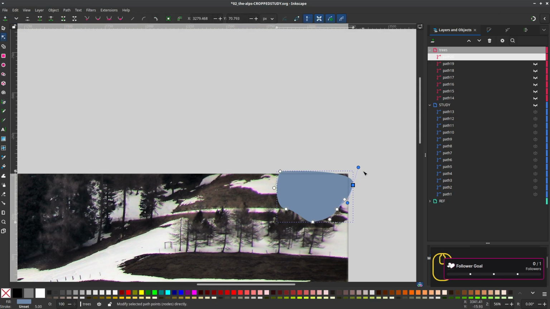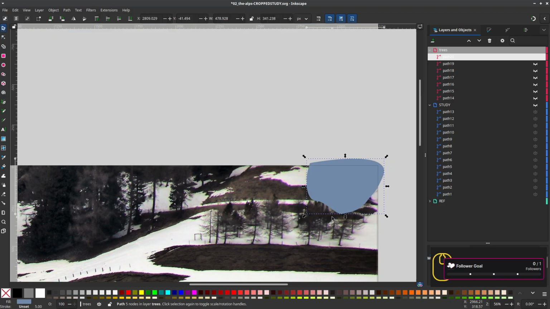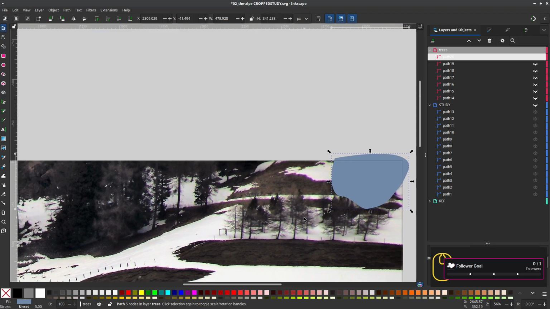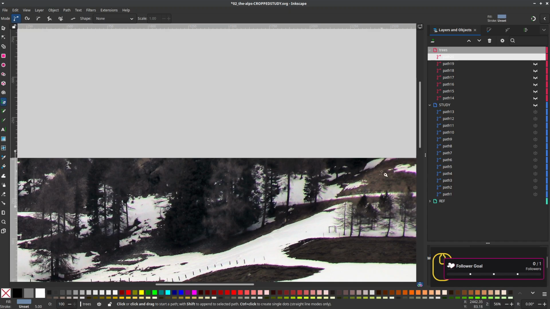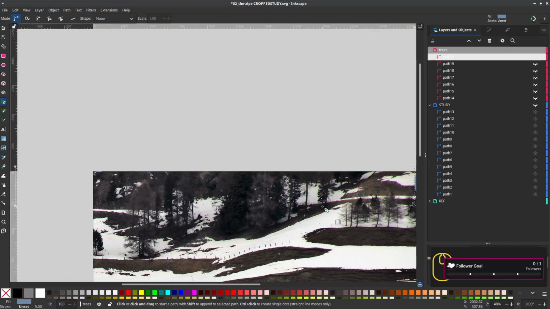Let's grab the node tool and correct this one. And let's go back to the pen tool. B is the shortcut, yes indeed. And let's see